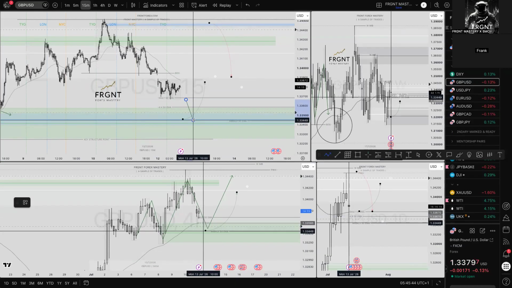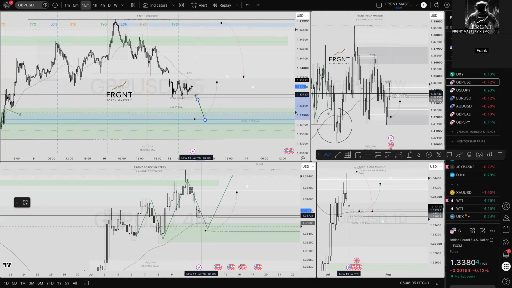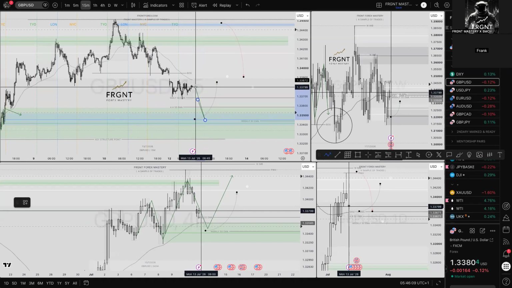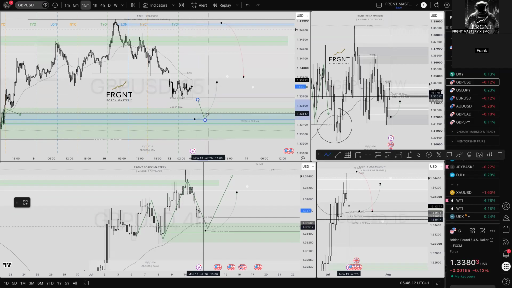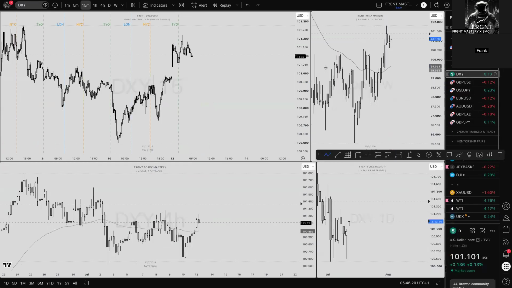What it means is I'm going to have to check the DXY from where the DXY is at this particular point in time. And this is also why I don't believe that I could be in, well, it's a good trade at the moment, but I believe the DXY could move slightly higher. Why could the DXY move slightly higher? Well, because currently I'm not in a position to take GBP US dollar long. So if I have the understanding that GU should move slightly lower, that's telling me that the DXY potentially should move slightly higher. If the DXY moves slightly higher, we just revert back to the DXY just so I can give you all the information.